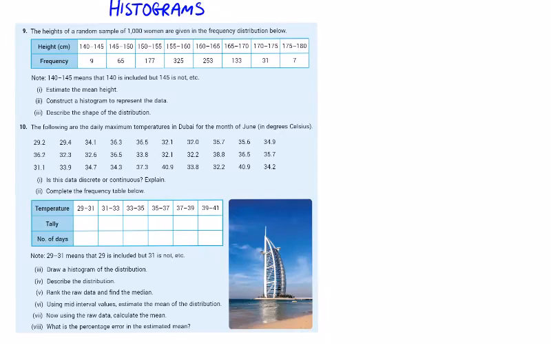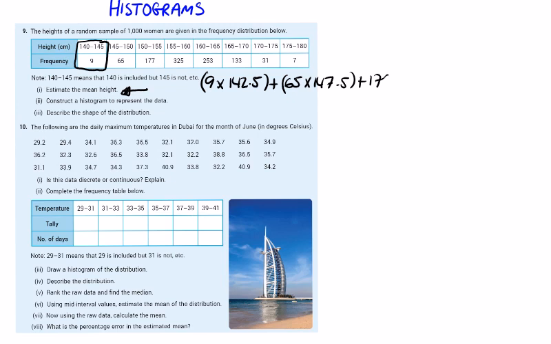Okay, histograms. We're asked to estimate the mean height here and draw a histogram to represent this data. So it's going to be the mid interval value times 9 and so on. So 9 by 142.5 plus 65 by 147.5